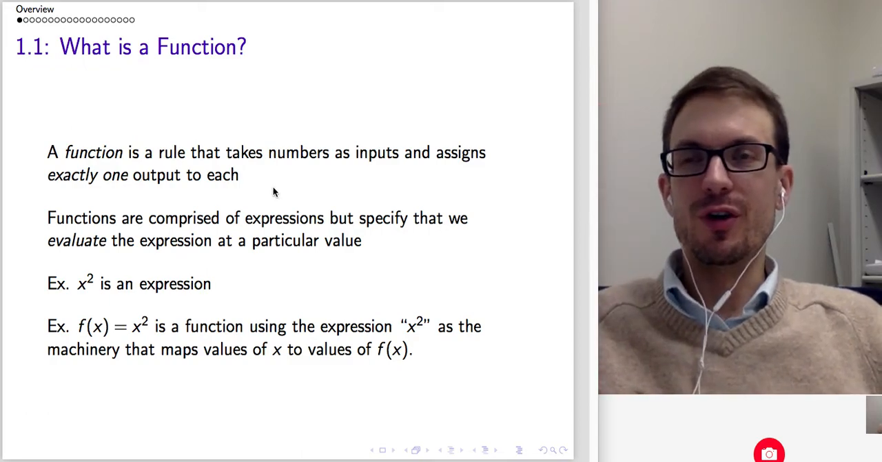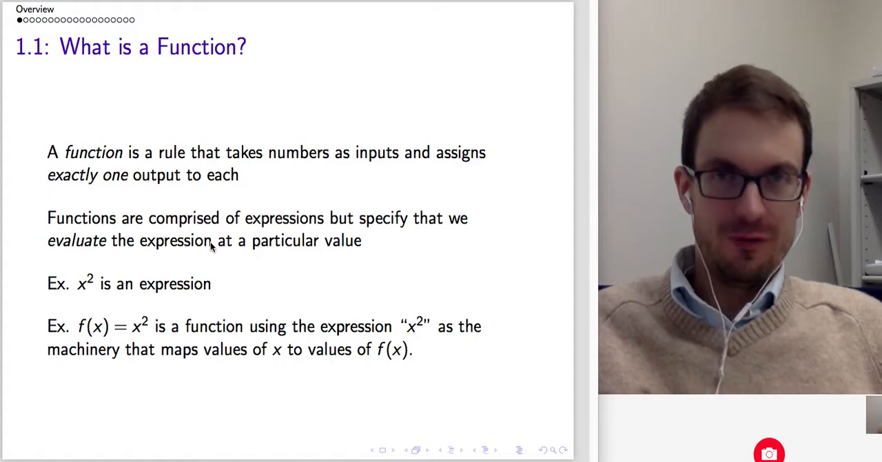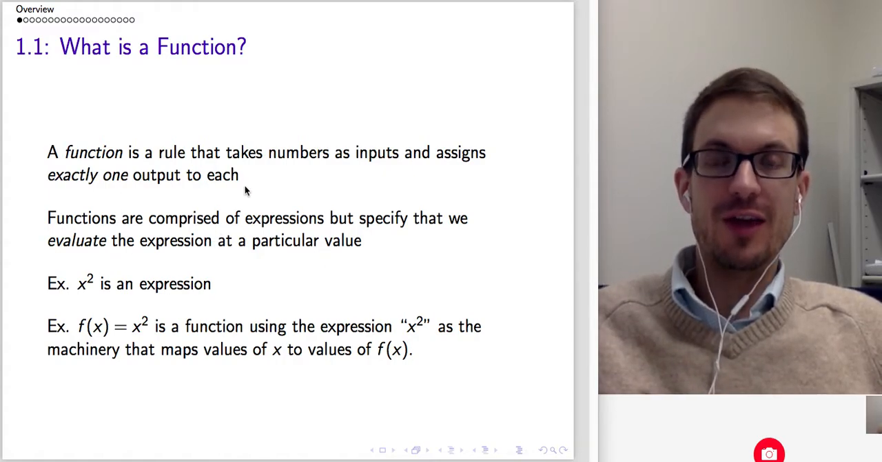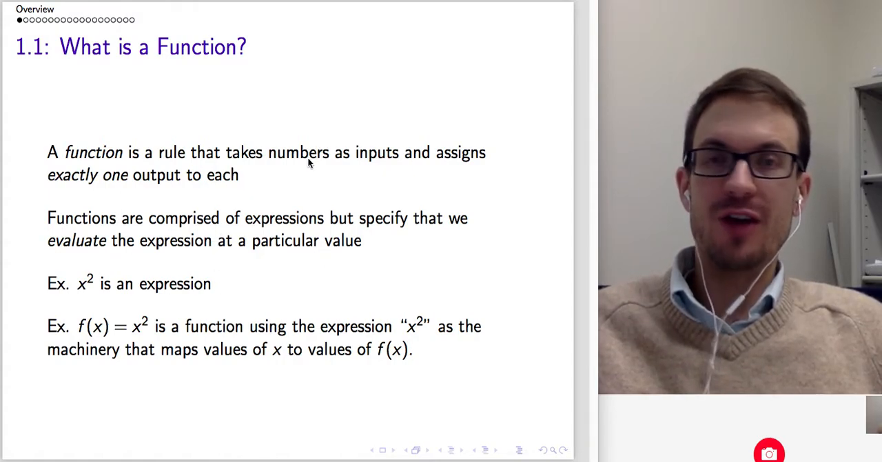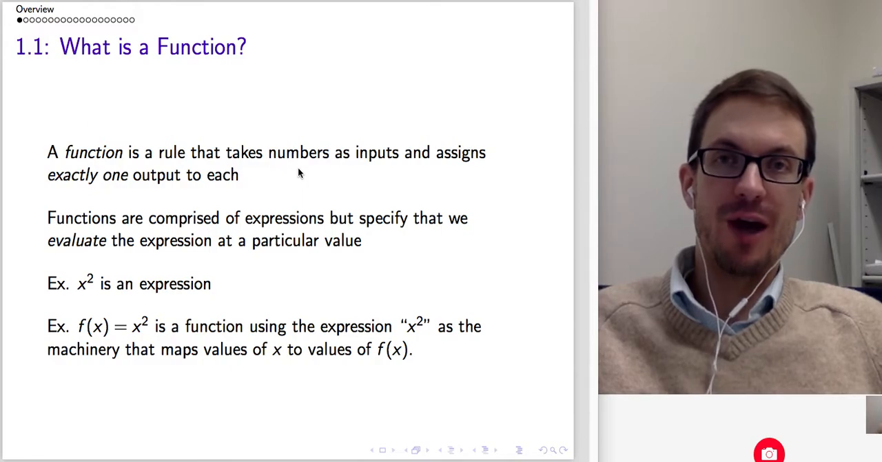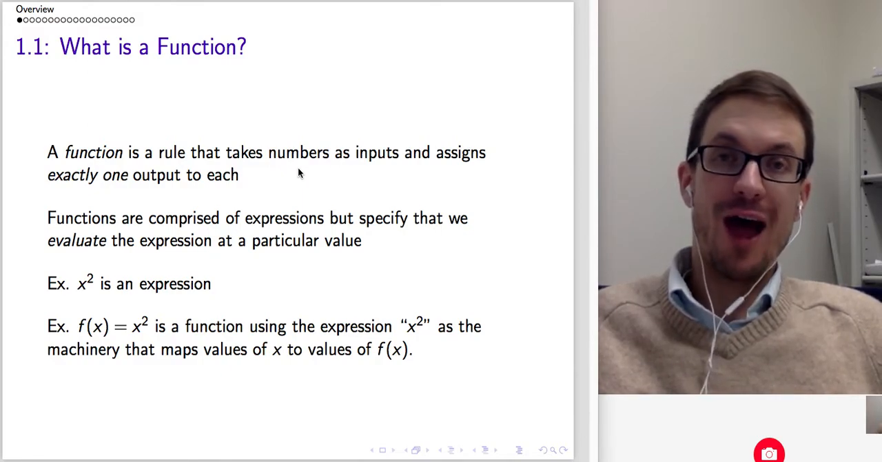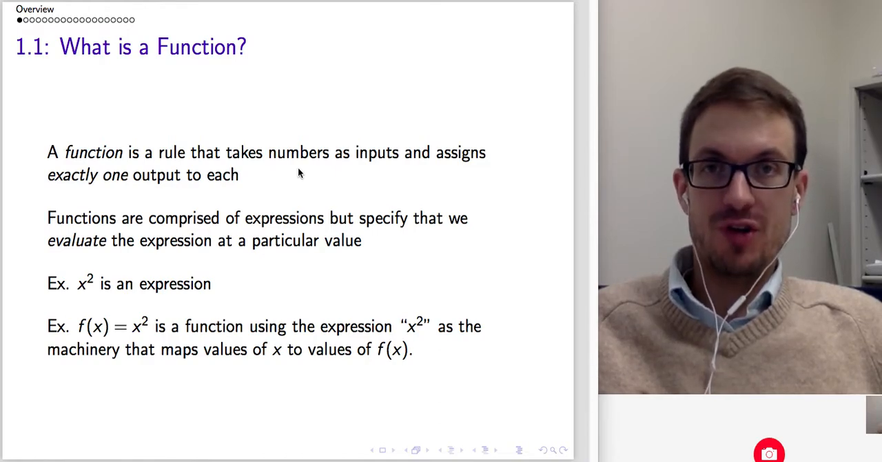Hi everyone. So in section 1.1 we're answering the question, what is a function? Well, functions are just a rule that takes numbers as inputs and assigns exactly one output corresponding to every input. Functions are comprised of expressions and they specify how we evaluate the expression at some particular